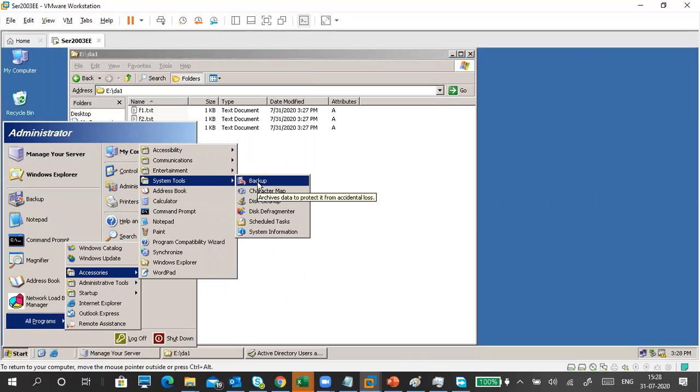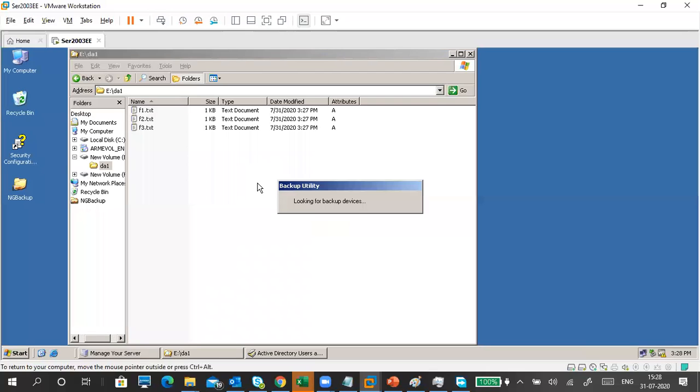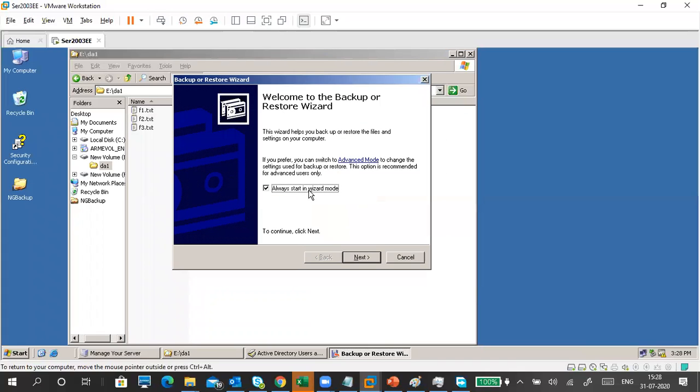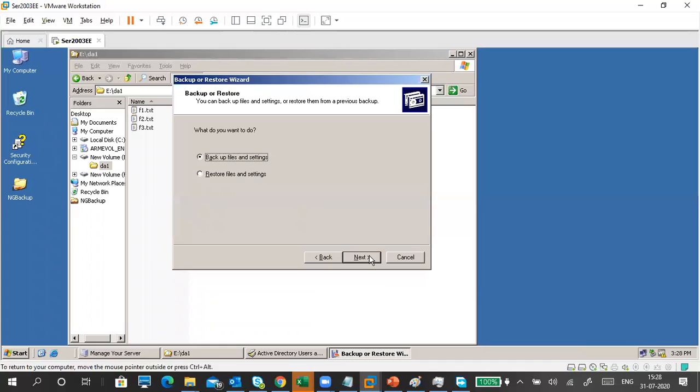Understand why Windows 10 is much better than other PCs like Windows 7, Windows 8. You should know where everything is, otherwise it will take time to search for it. Now in Windows 10, just press the search button and type it, it will show. You don't worry. So this is the backup. It always starts in wizard mode. Whether check mark or no check mark, no problem.